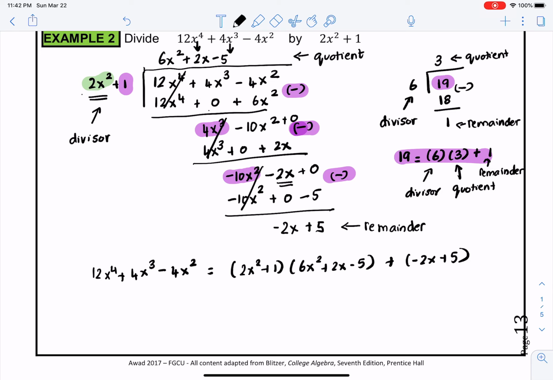So what we're saying is we can write that expression as that. So these are the factors,